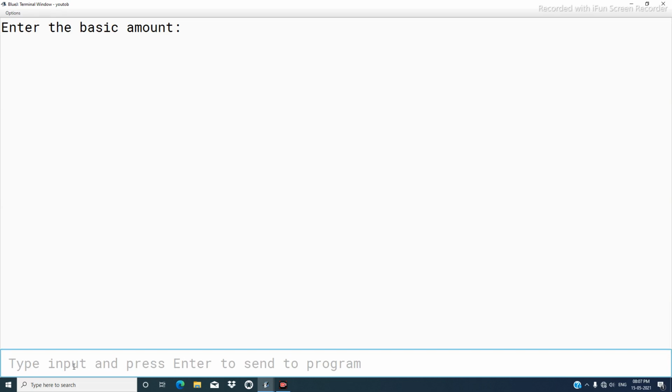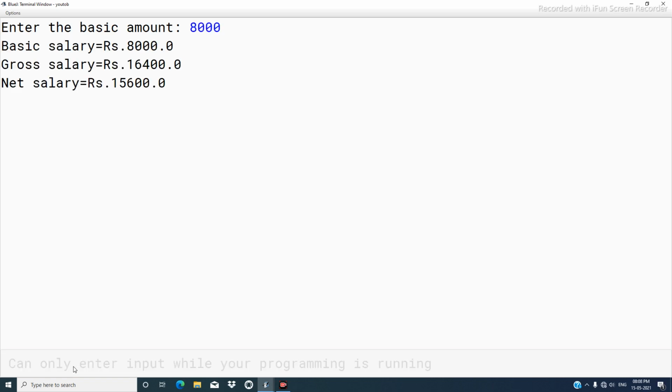Say the basic amount is 8,000. Okay. So as you can see the 8,000 mark, the rest of the things are calculated by the program and printed over here. So the gross salary comes to be 16,400 and the net salary is 15,600.